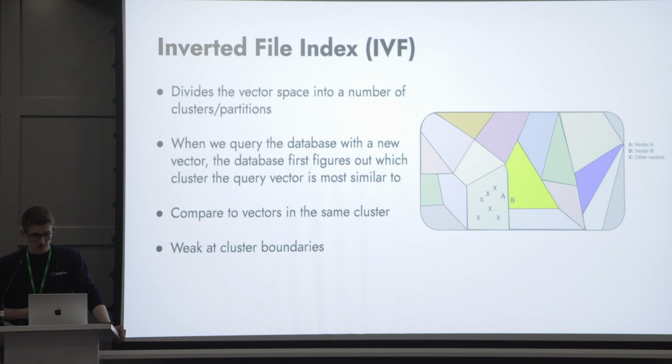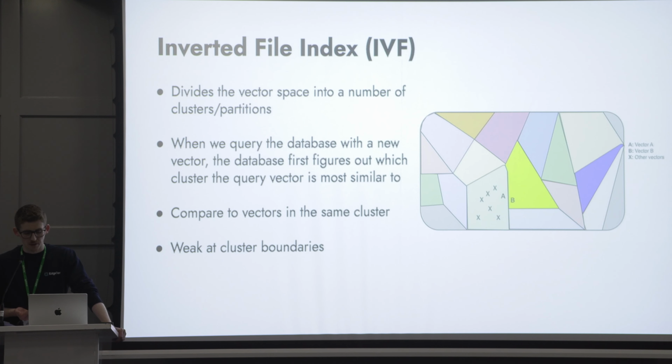So you can see here we've split this simple 2D vector space into about 15 different partitions. If we have this query vector A, we will first find out what partition query vector A fits into based on its proximity to the centroid of that cluster. And then once we find out what cluster it's in, we'll just compare vector A to the other vectors in that cluster, which, when you're dealing with a much larger set of vectors or high dimensional vectors, is much more efficient in terms of the speed and the computation required than